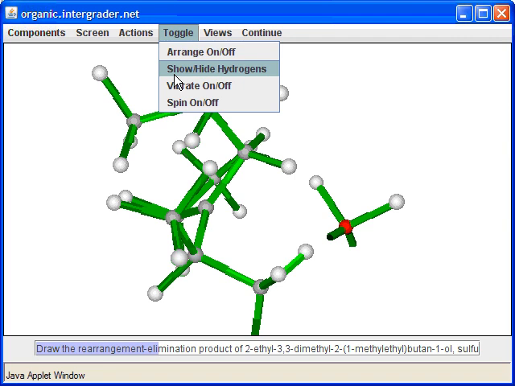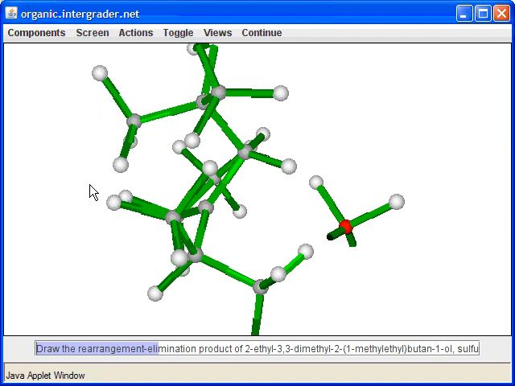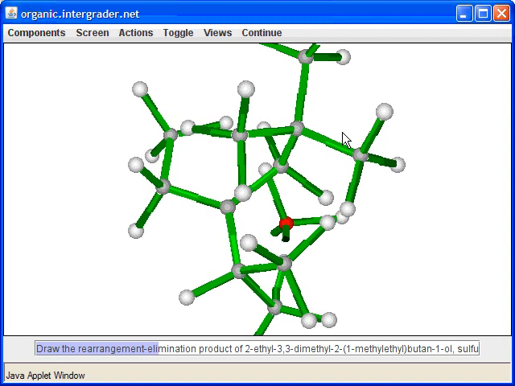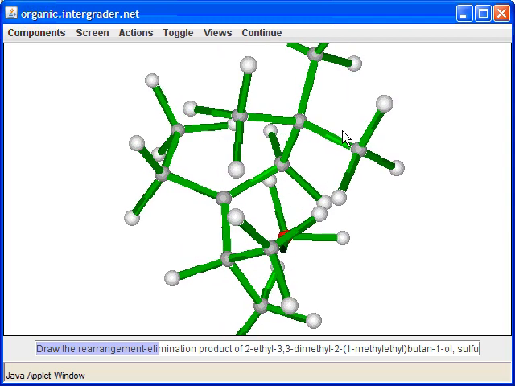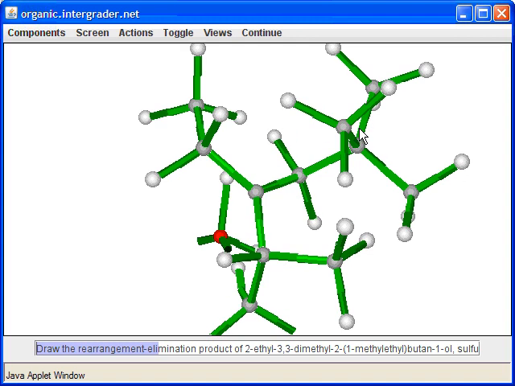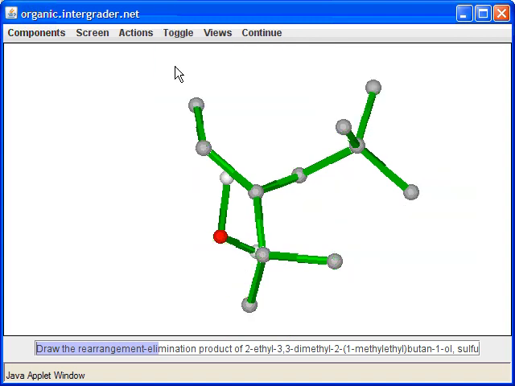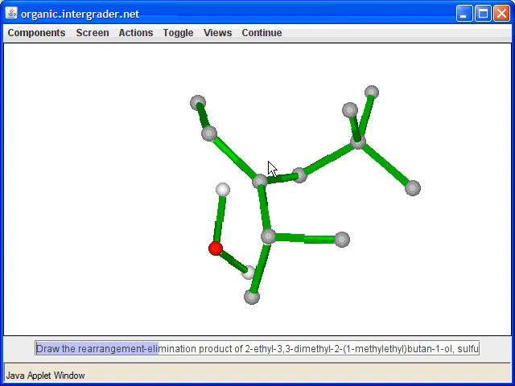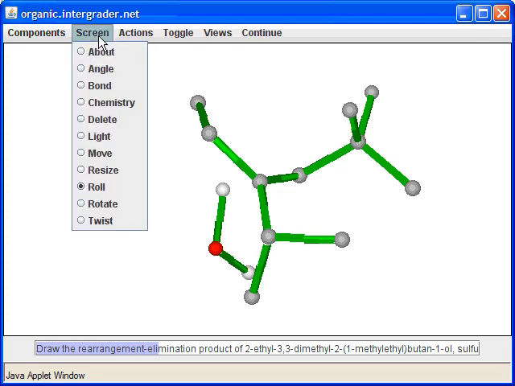So now you have a carbocation, and what you're going to do now is an elimination. What you have to decide is on which side to eliminate. So let's take a look at this. Let me remove the hydrogen again because it's very busy. You have your carbocation right here, and you have to decide on which side to remove your hydrogen. On this carbon you have 2 hydrogens, on this carbon you have 2 hydrogens, and on this carbon you have 1 hydrogen. If you learned about Zaitsev's rule, then you should eliminate on the carbon that has the least hydrogens, or in other words, the poor get poorer.